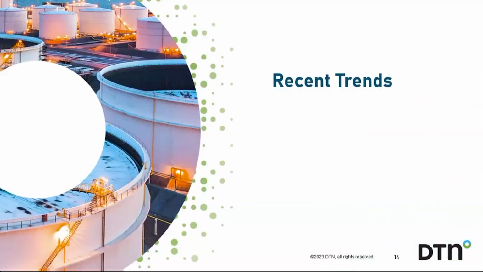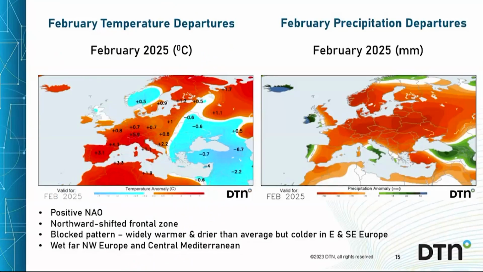And more recently, what's the weather been up to across Europe? Let's take a look back to February. That was warmer and drier than normal across a whole swathe of Europe, thanks to a blocked and high pressure dominated pattern. The UK and Ireland, as you can see there on the left, were closer to average temperature wise,